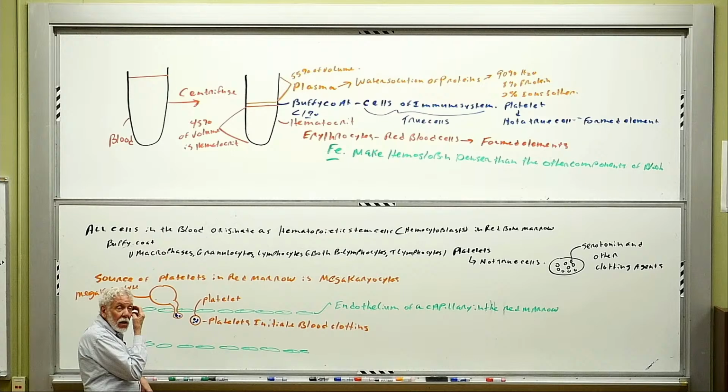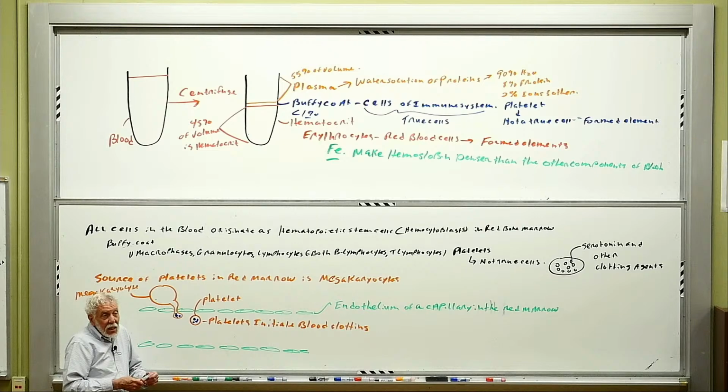Yes? So people with that condition where they can't clot their blood properly, like that one condition that a Russian prince had, does this affect that? So the question is about hemophilia. Hemophilia is a disease that is a problem, and I don't remember which one of the clotting factors is deficient. But one of the clotting factors is not produced because these individuals have two bad copies of the gene for making that clotting factor. And so they can't properly clot their blood. And so they often will die at a fairly early age. We can control it much better now, but they often die at a very early age because of this inability